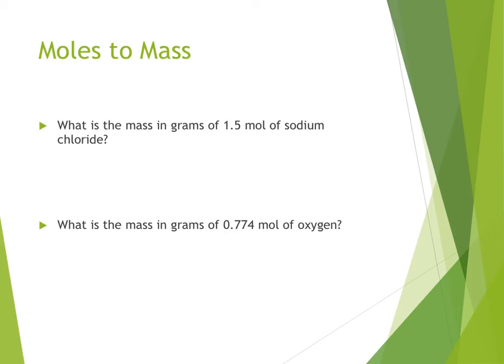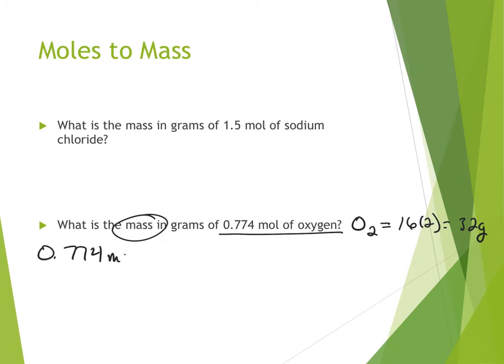Let's go the other way, starting with mole and going to grams. Doesn't change how you do the problem at all. So here, let's do this one with oxygen, because we remember that oxygen is diatomic, is O2, right? Which means I'm going to take its mass and multiply it by 2. So oxygen's mass is going to be 32 grams per mole. So I'm going to underline what I'm starting with, circle what it's asking for, write down what I'm given, make my T,